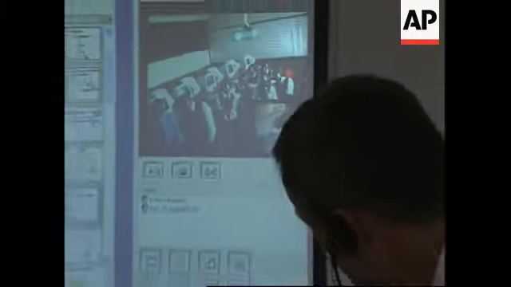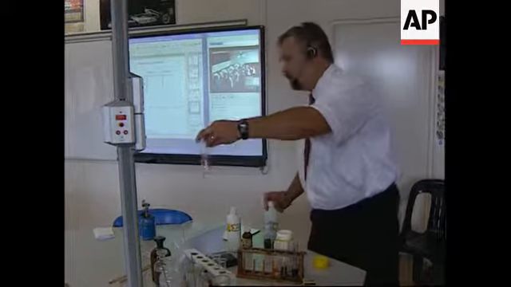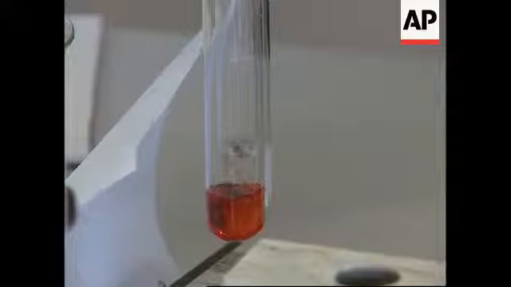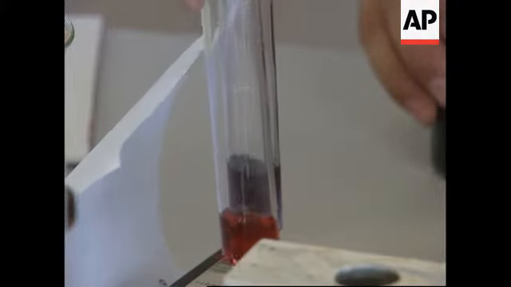And it produces a lovely pinky color. Right, so there's your difference between the two. Alkali. So you see the difference in the two. Is that